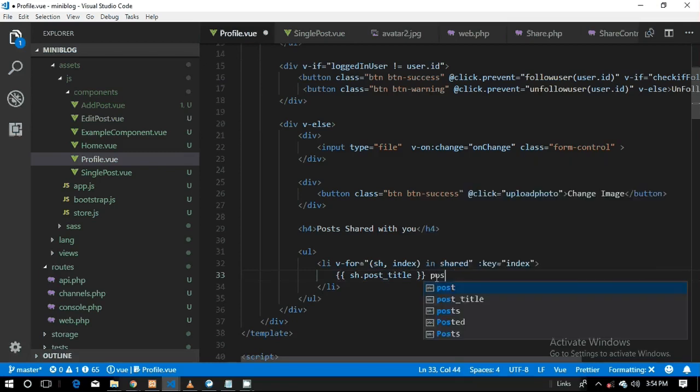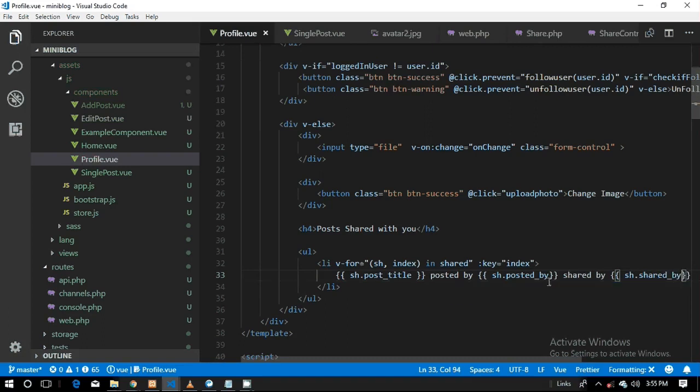You say posted by, shared by. Alright, so